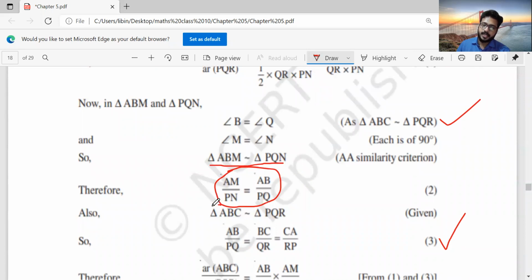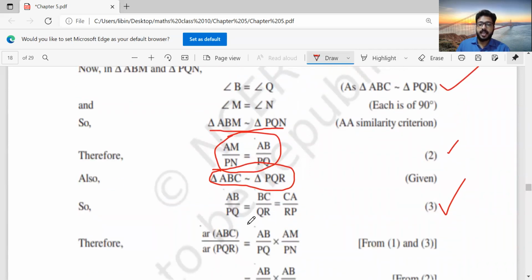And you are directly given that triangle ABC is similar to triangle PQR, right? So we can say the corresponding sides are proportional. That is AB by PQ is equal to BC by QR is equal to CA by RP. And we are calling it equation 3. Now,